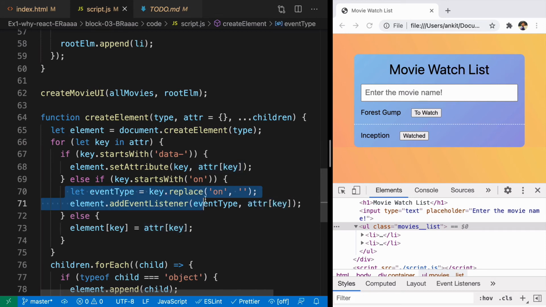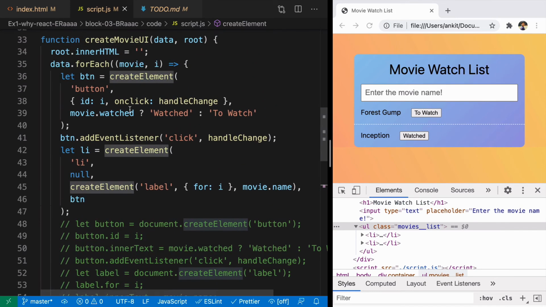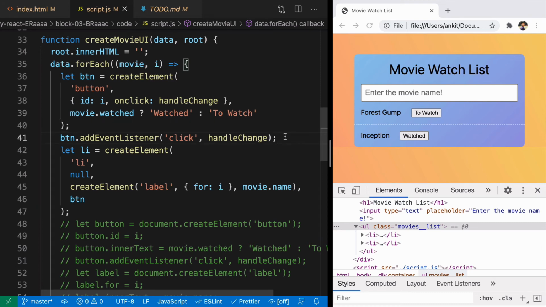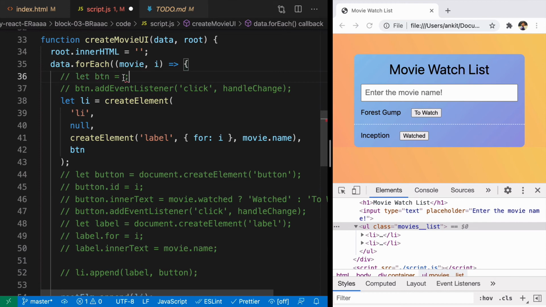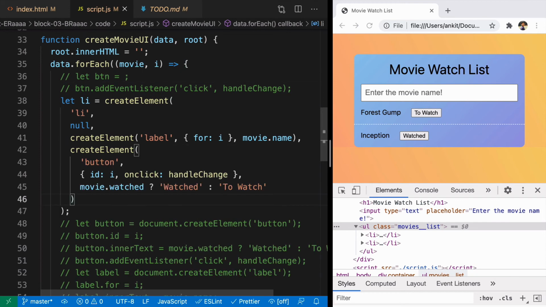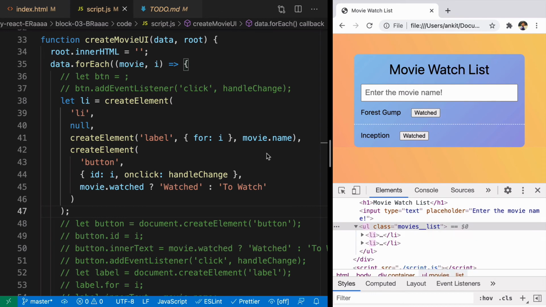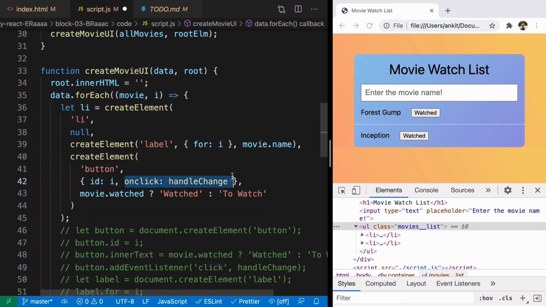By doing this, we are making our create element function even more powerful. So in future, whenever we will have to add any kind of event listener, we will not have to do something like this outside. So I'm just going to remove this part from here. I'll copy this thing from here, comment it, and we'll directly replace that with our element. So we don't have to put things outside and put it as a reference. So now when you refresh it, nothing changed. Click on to watch what is happening. So now we made our create element function even more powerful by passing an attribute in this way.